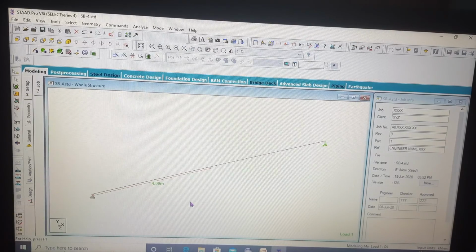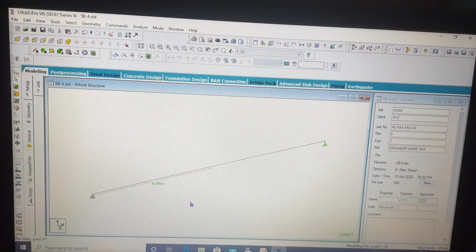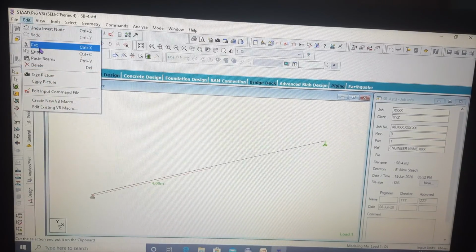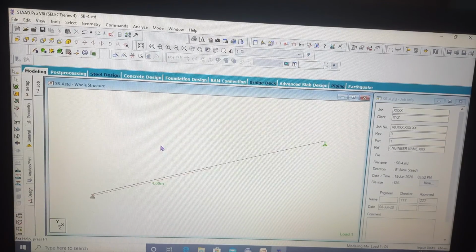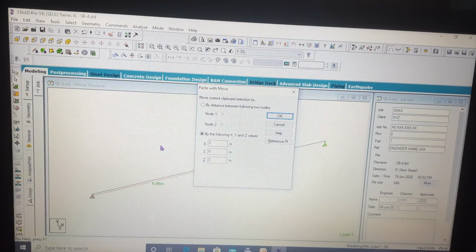So I will be pressing Ctrl X from my Windows, or I will be clicking edit and the cut button, or you can do it by Ctrl X. Now what you will do, you will press Ctrl V again, or you go to edit and press Ctrl V.